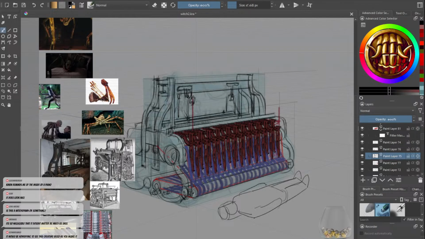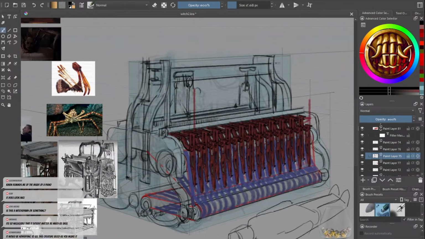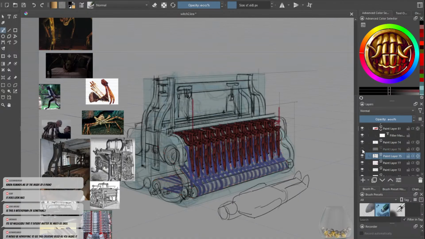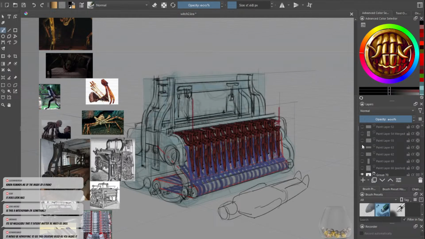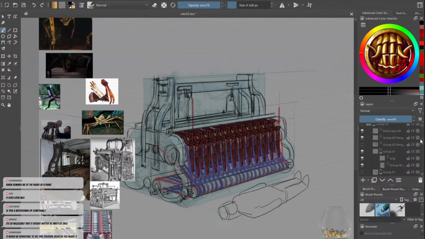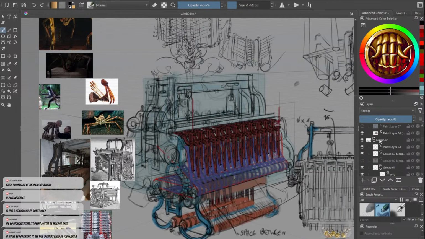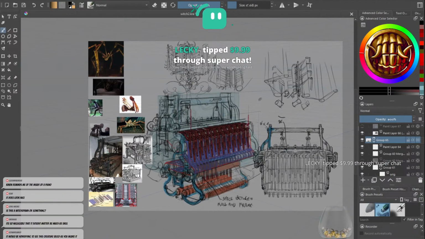Shit, hold on, there's another thing I need to add. What order does those and